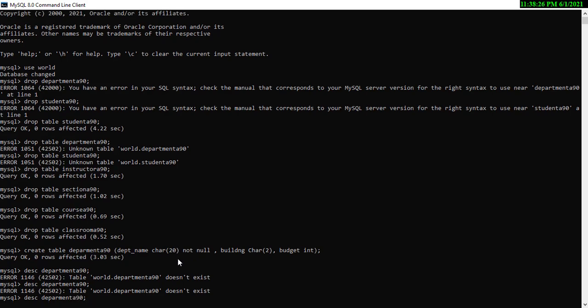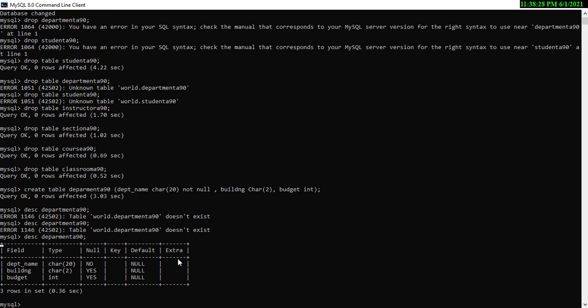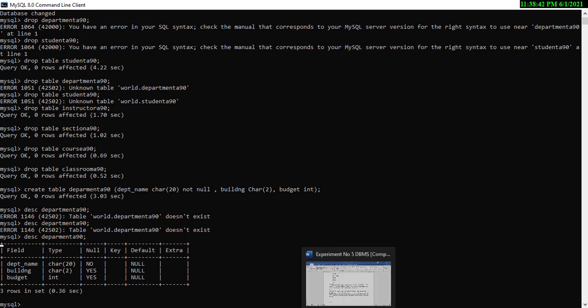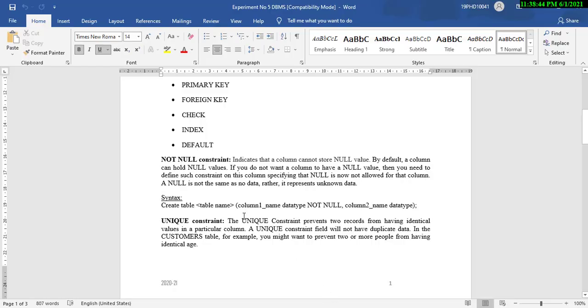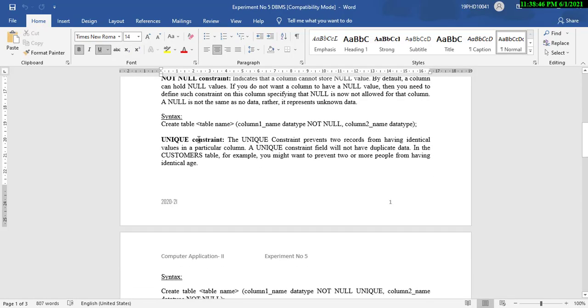So now you can see that in the null column it is saying no, so department name is not null. Now I am going to apply the next constraint on building. I want each building name to be unique, so I can apply the unique constraint on the building.